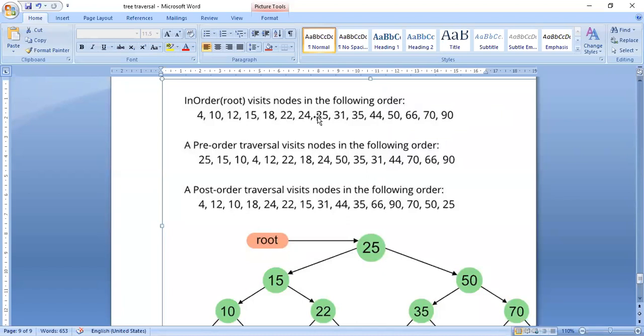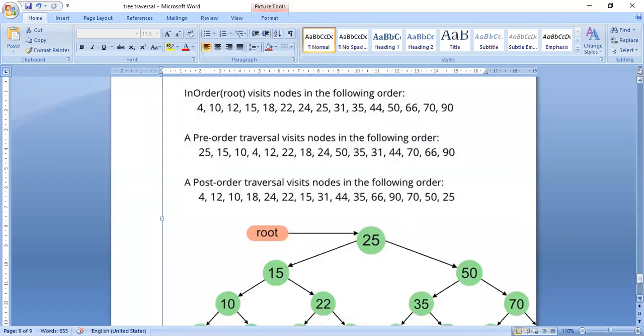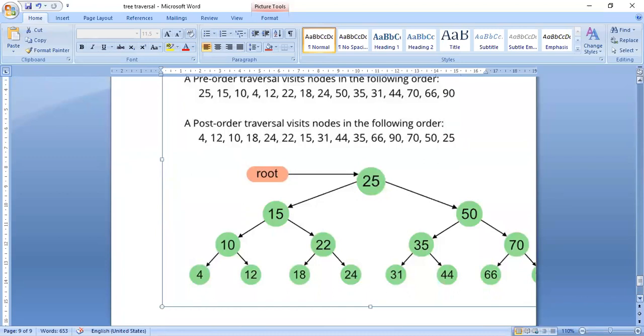So traversal means traveling and visiting the nodes. How will I visit? In different forms. It may be in order or post order or pre-order. In order, I will visit the nodes in one way. Pre-order, I will visit the nodes in one way. Post order, I will visit the nodes in one way. So unless you take a live example like this and practice the logic, you can't understand.